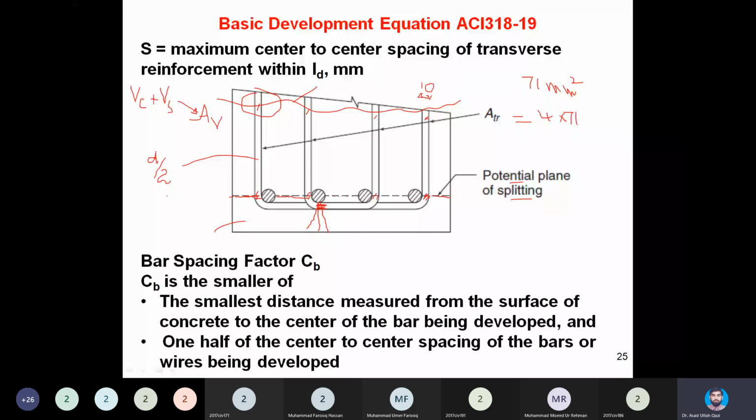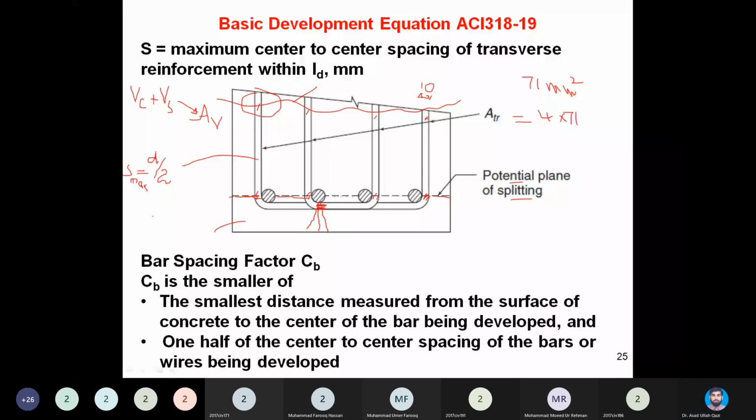I should use S max. So the maximum you can widen the gap between the ties is D by 2. However, the minimum you can bring it even close to 80 millimeter or D by 4 in some cases, 1/4